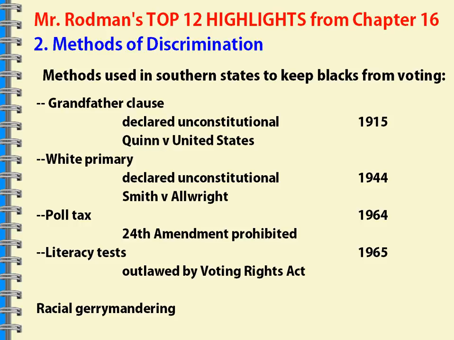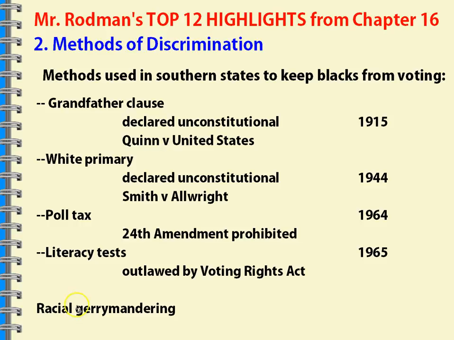Now, that wasn't to say that all was forgotten and we didn't have to worry about discrimination anymore. Quite the contrary. You can see the evolution of discrimination that continued to happen. We saw the grandfather clause, the white primary. Now, obviously, the grandfather clause would be declared unconstitutional, as would the white primary. But look at those years, 1915 and 1944. We were talking about Plessy in 1896, and still here we're continuing down this road of discrimination being used in the South. The poll tax not eliminated until 1964, the literacy test in 1965 with the Voting Rights Act, and